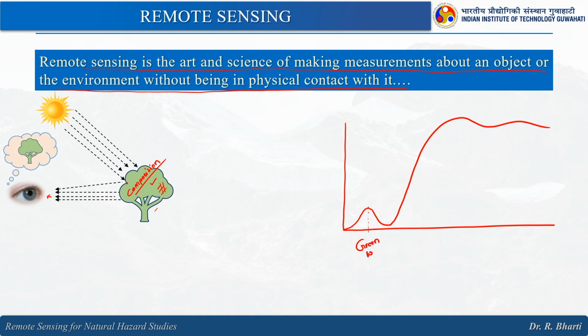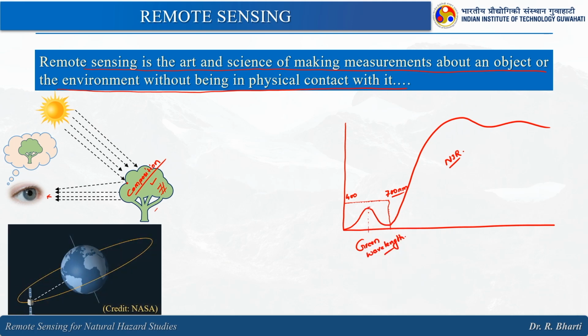So, green wavelength, right, and this is the NIR. Now, what happens, since our eyes have limited vision, we can see up to 700 nanometer. So, this is 400 and this is 700 nanometer. So, you can see our eyes are sensitive up to this 700 nanometer, and here the vegetation has the peak reflectance at this green